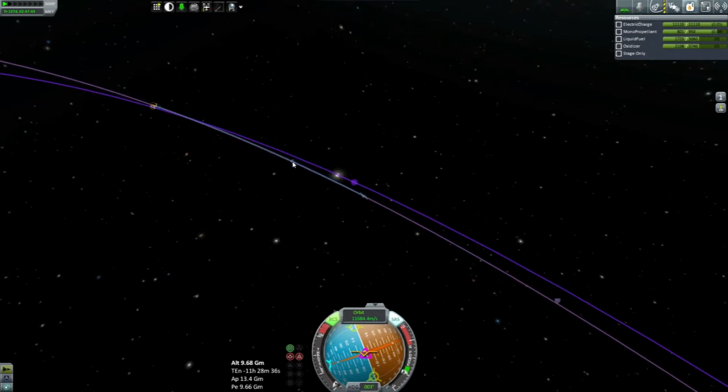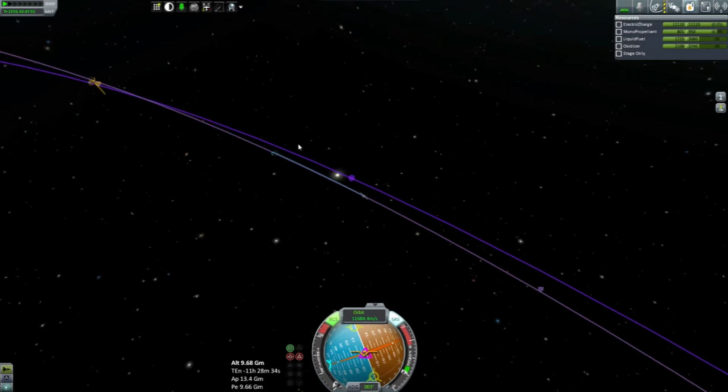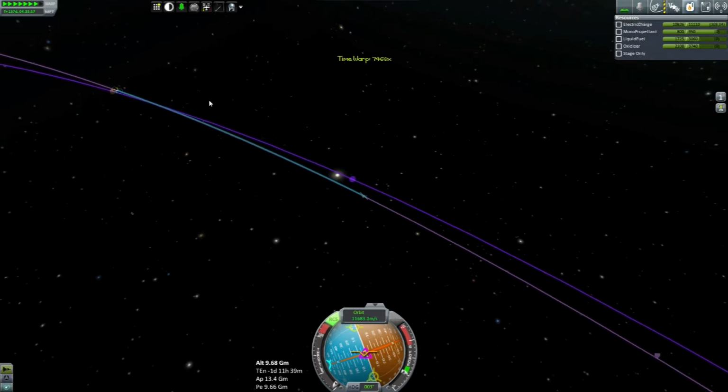Oh my gosh. Stupid bloody math. Alright. Let's just give it a try. See, here's our Eve encounter right here. There it is. It's settling down. But good God, does it ever think it's...